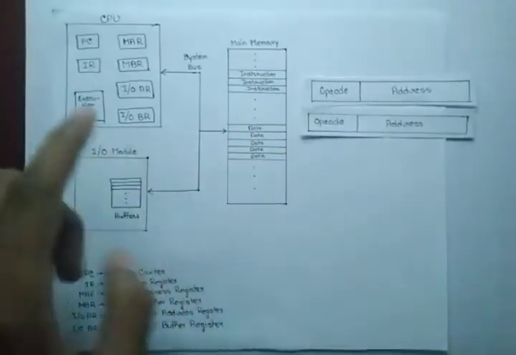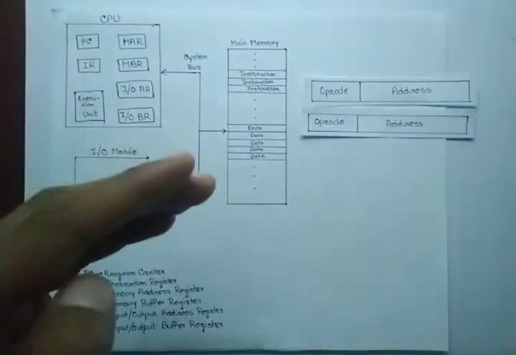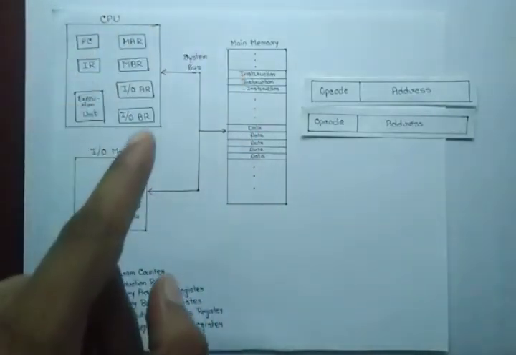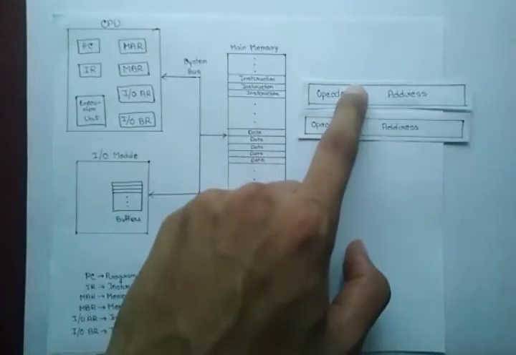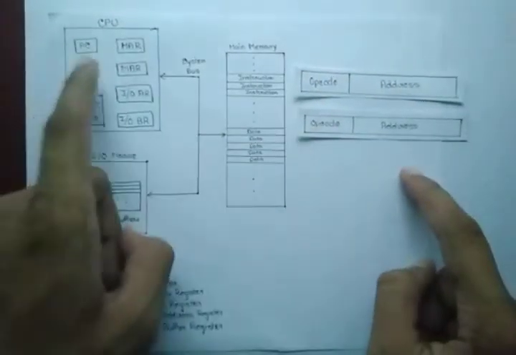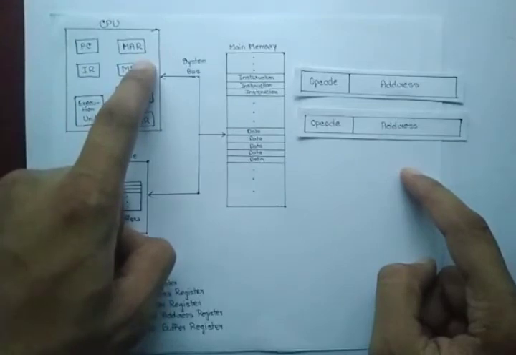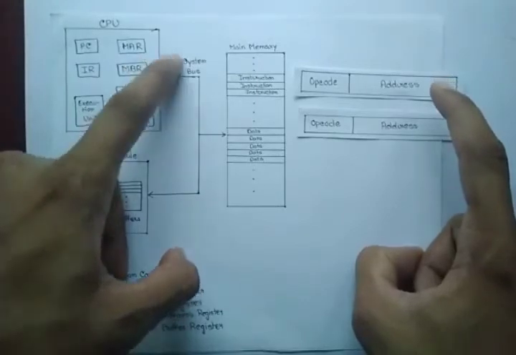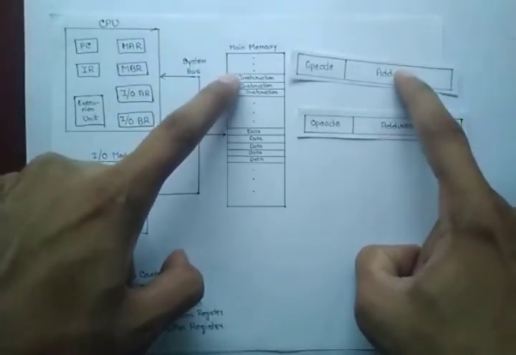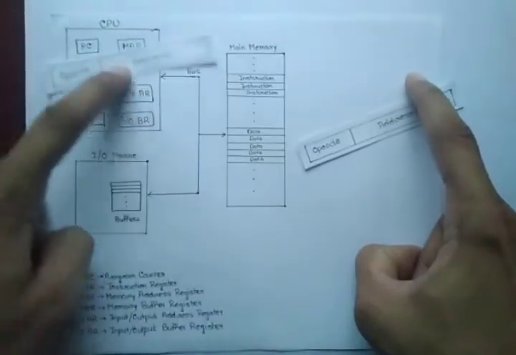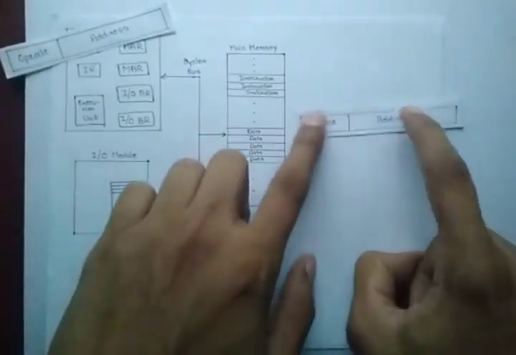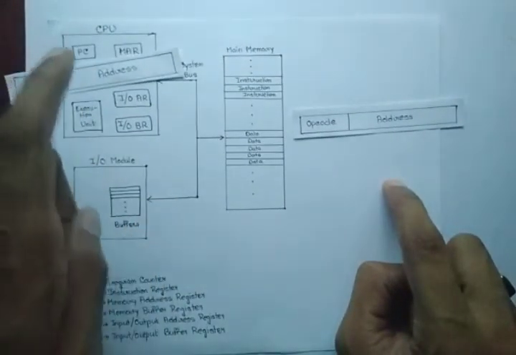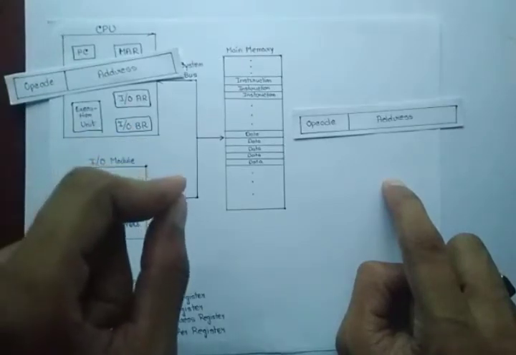As I said, the program counter stores the next instruction which needs to be executed. As there is no instruction inside the CPU, this first instruction will be considered the next instruction. So the PC will go to the memory address register, get the address of this particular instruction, go to that address, fetch that instruction, and load it onto the PC. Then the PC quickly transfers that instruction to the IR, because as I said, the IR contains the currently executing instruction.